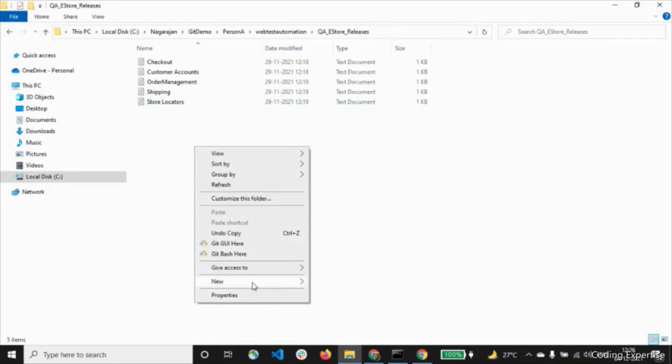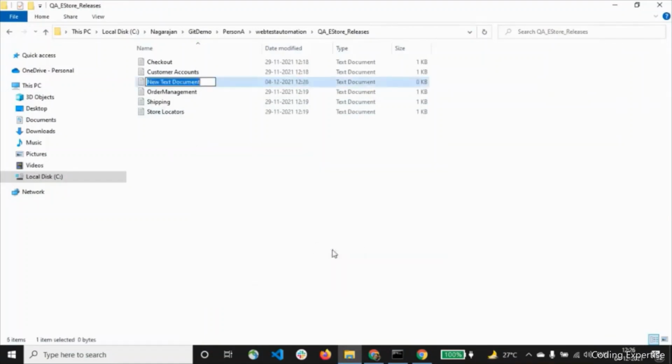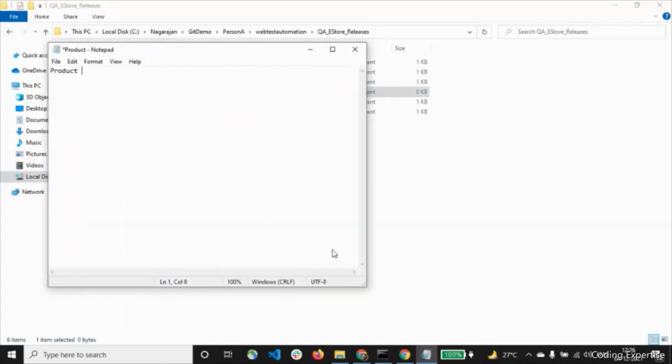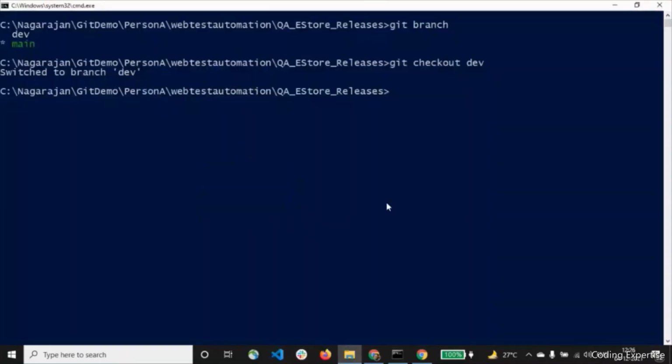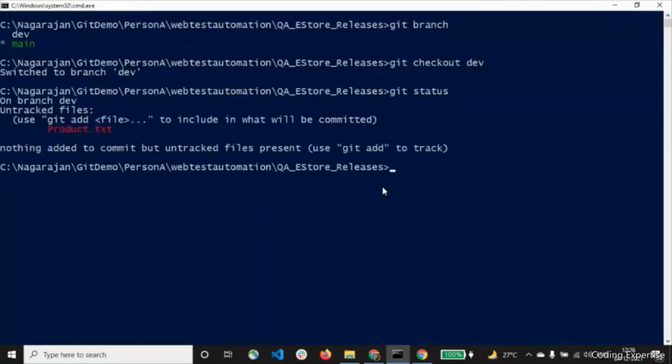Here I'm going to create a new file, product. Let's add some dummy content to it. Product details: watches, phones, bags, something like that. We've added all the product details. Now let's put git status and add all the files.